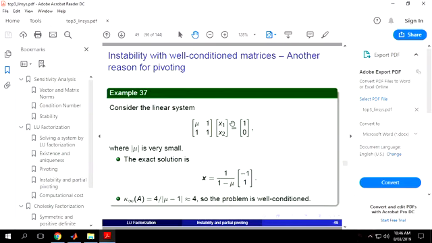Now there is another reason we need to swap the rows. In this case, you just consider a very simple 2x2 linear system, where mu is a very small number. You can compute the exact solution in this case, and the condition number can be computed as well. The condition number here is only 4, so the problem is well conditioned. However,